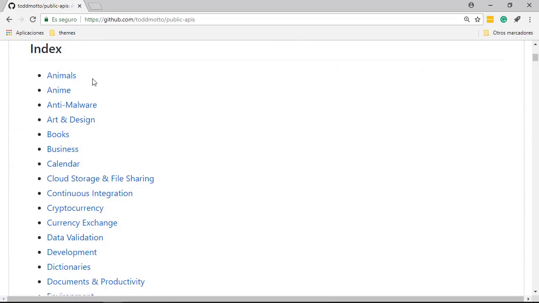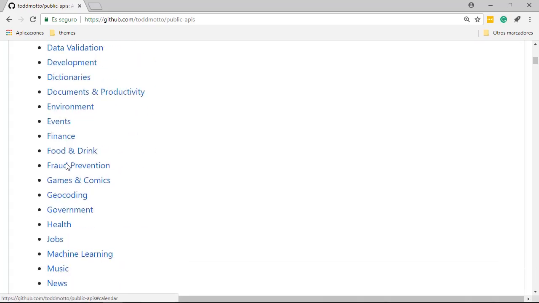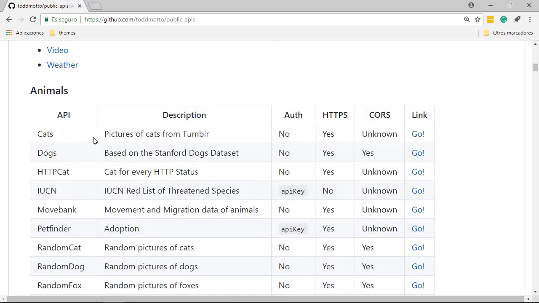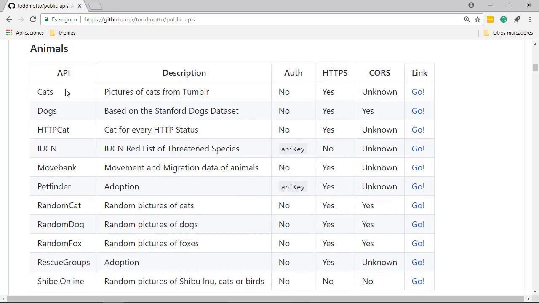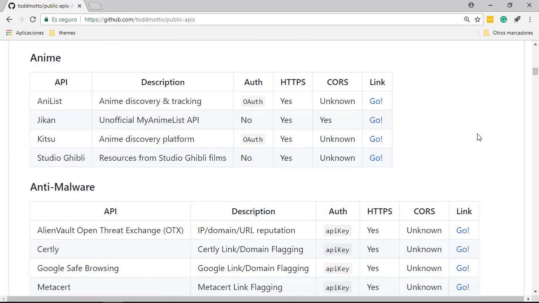So, we have categories for example, animals, anime-related topics, books, business, calendars, and so forth. Each of those categories is found in the section below. In a table, we can see the name of the API, its description, whether an authorization is required to use the service, if the service supports HTTPS, if it supports CORS, and the respective link. From here, you can choose a REST service if you want to do further testing, or if you need specific